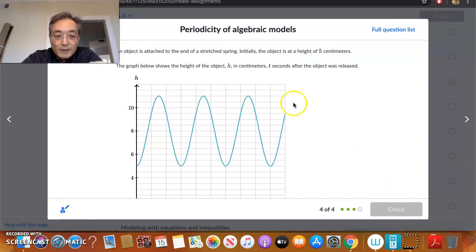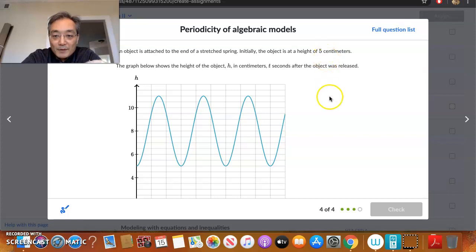And then finally, an object is attached to the end of a stretched spring. Initially the object is at a height of 5 centimeters. So we have a spring and it's stretched. Okay, initially the object is at a height of 5 centimeters. The graph below shows the height of the object in centimeters t seconds after the object was released. Well, if the spring is stretched, and it's at a height of 5 centimeters,